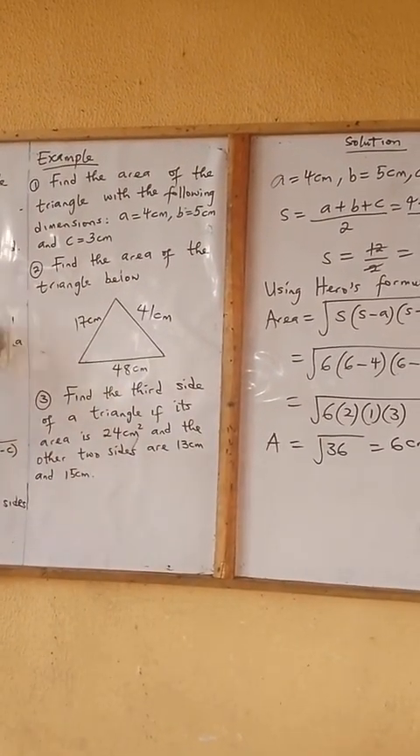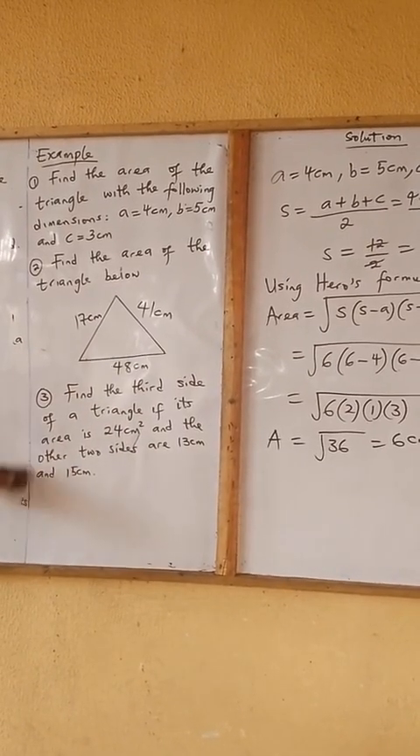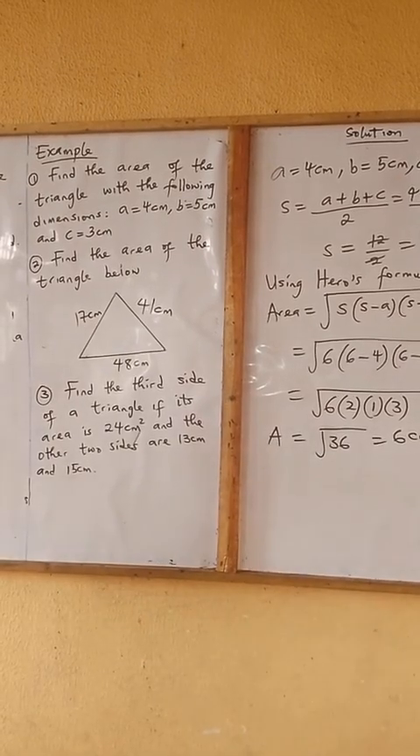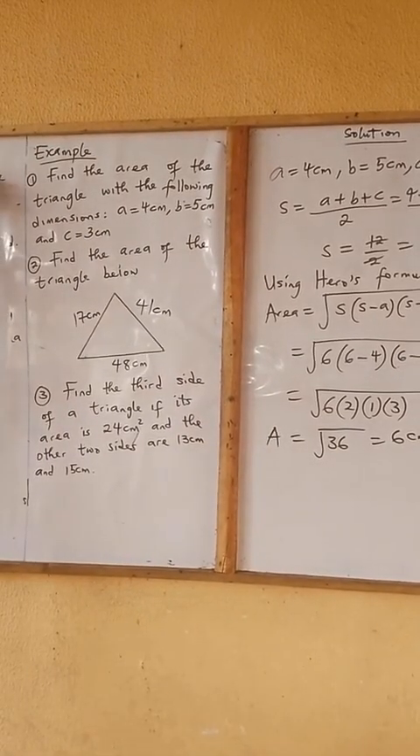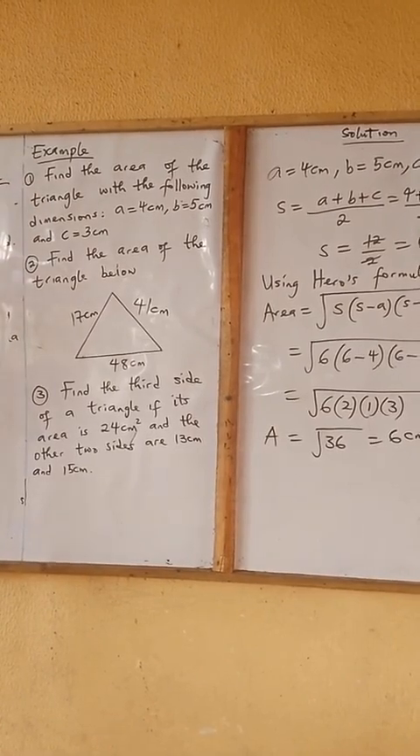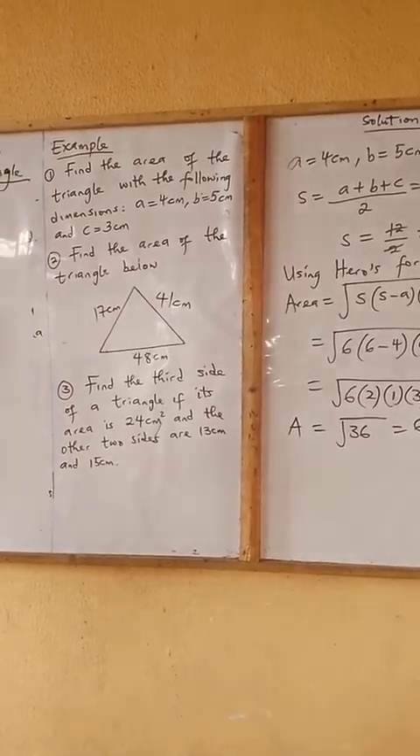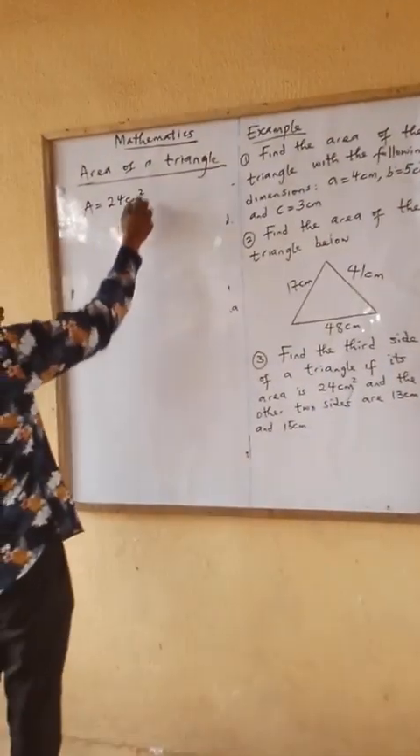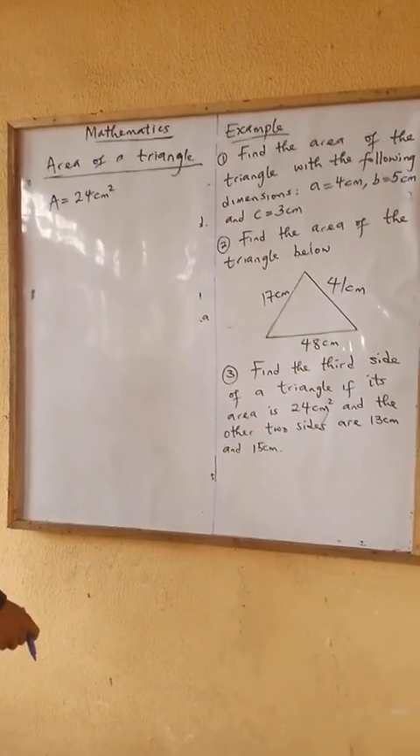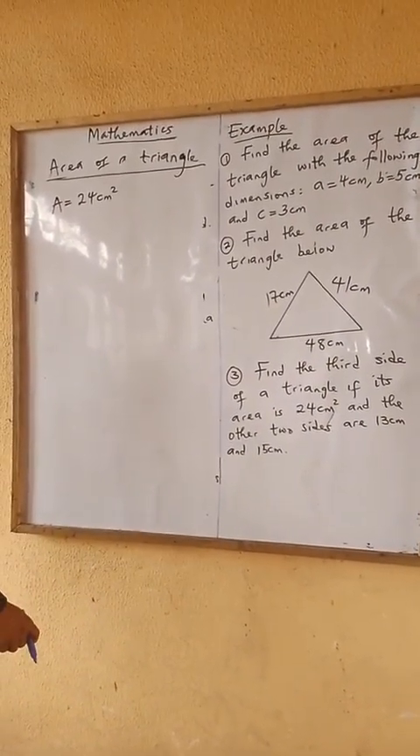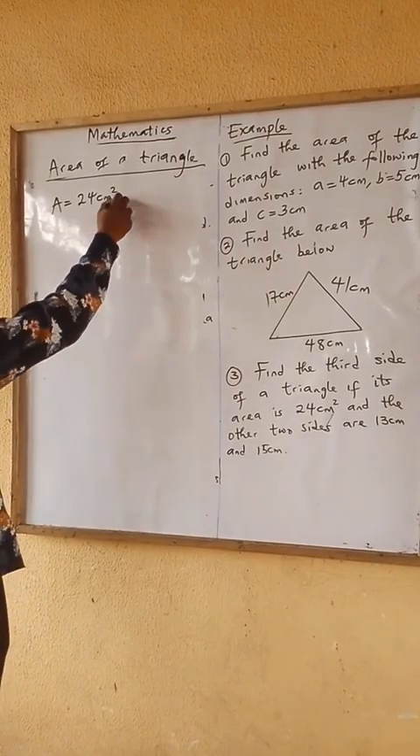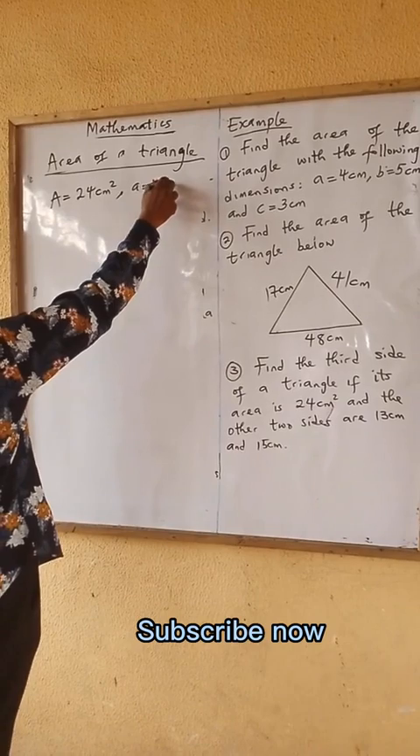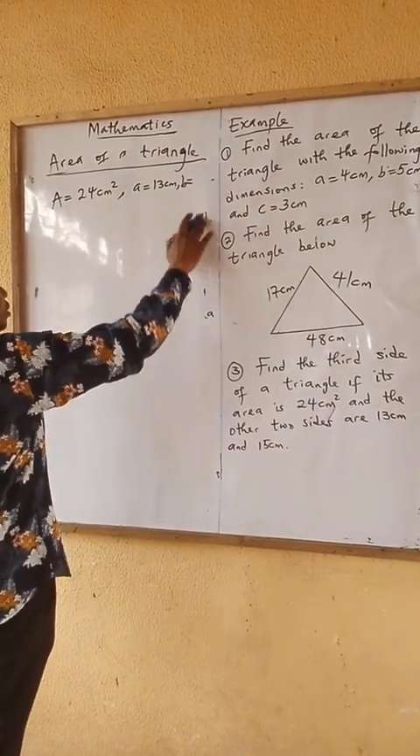Number 3, find the third side of a triangle if its area is 24 centimeters squared. So the area here is 24 centimeters squared, and the other two sides are 13 centimeters. B is 15